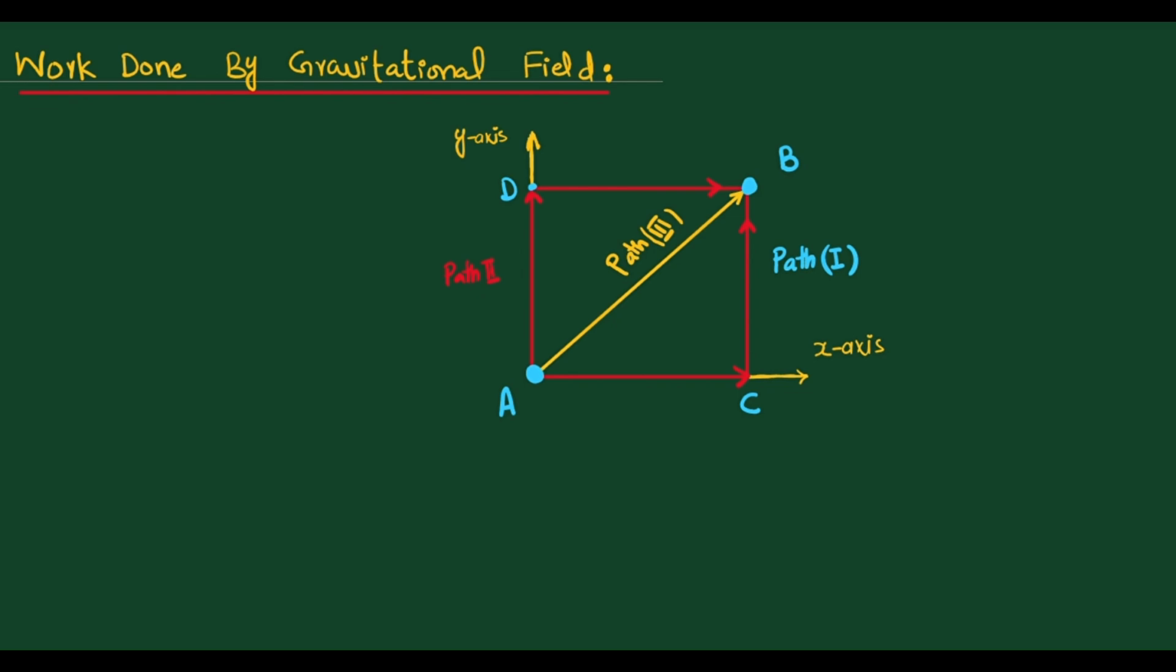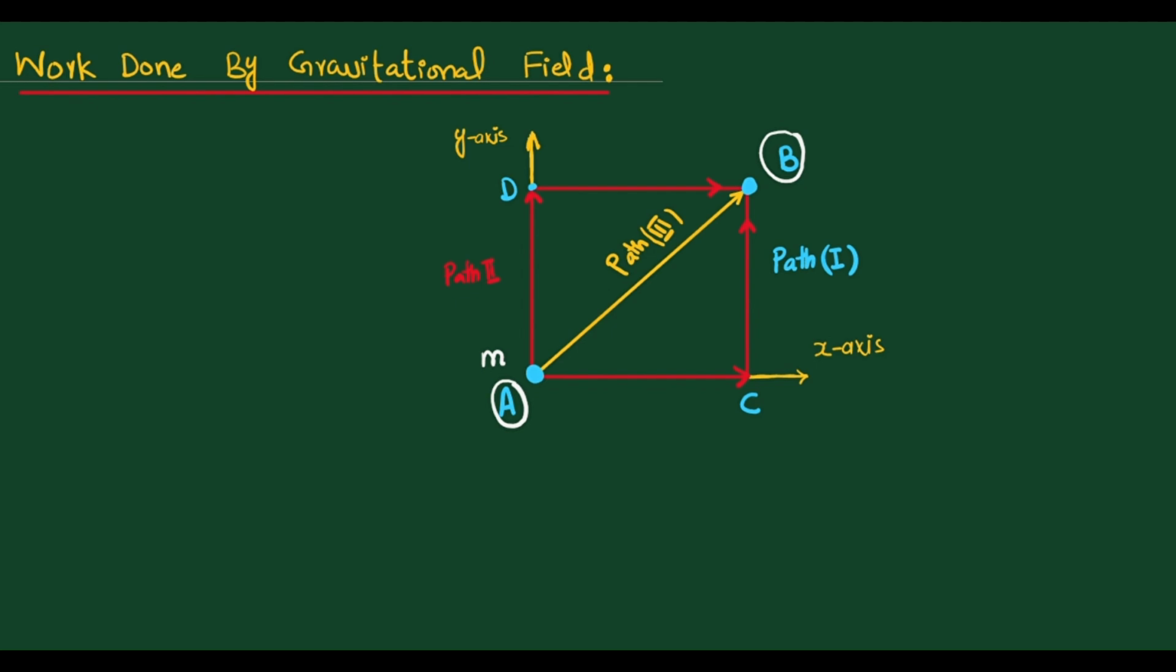Here we have an object of mass m placed at point A, and we will take the mass m from point A to point B. To take the mass m from point A to point B, we have three paths available. There are infinite paths, and we are considering just three paths from A to B: direct A to B, and